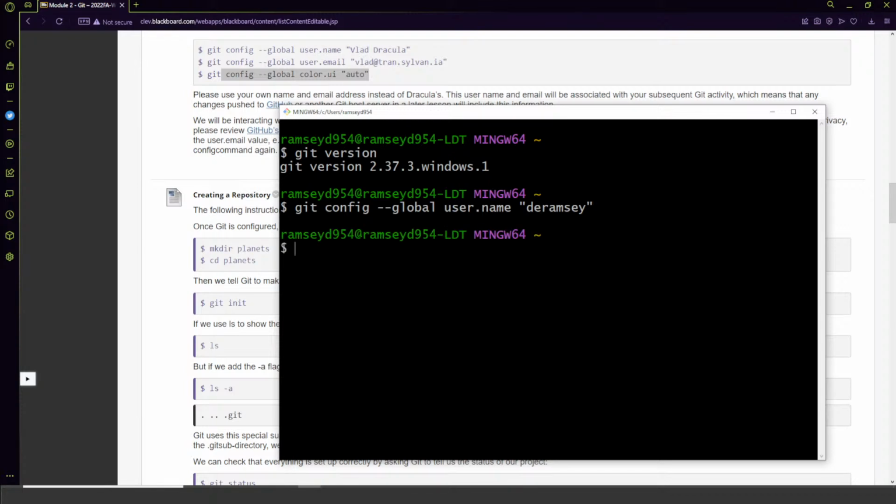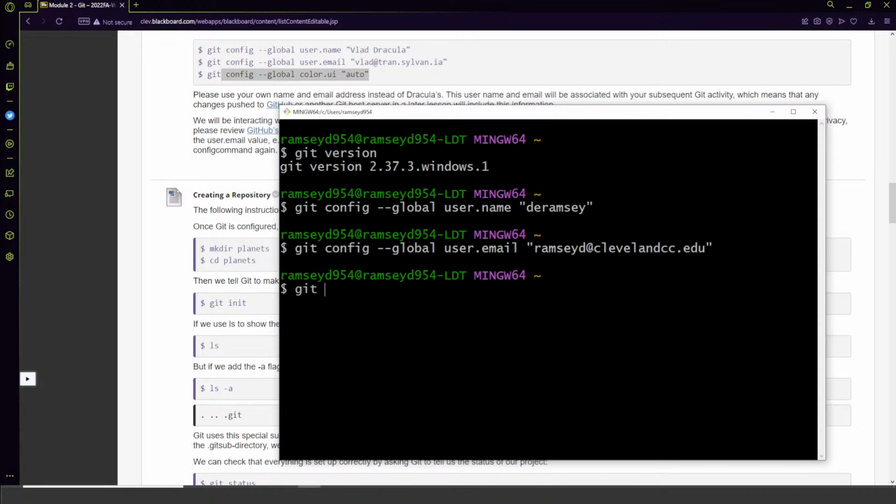And we'll hit enter, and that will configure that. Now we'll set the user global email: git config --global user.email, and my community college email in quotes there. Git config --global